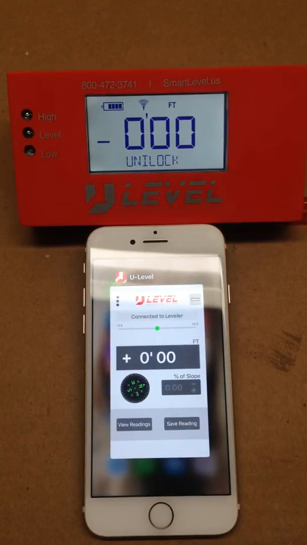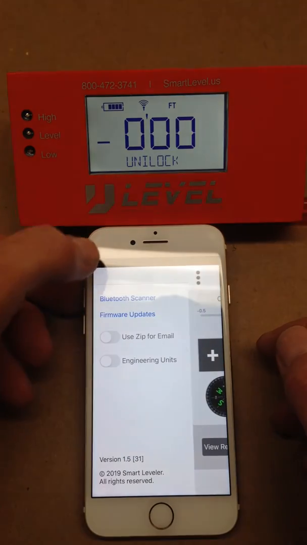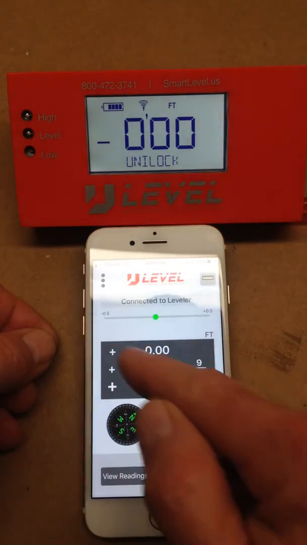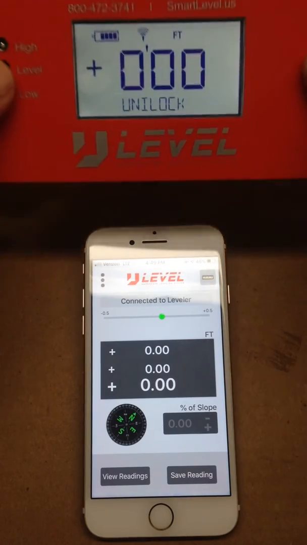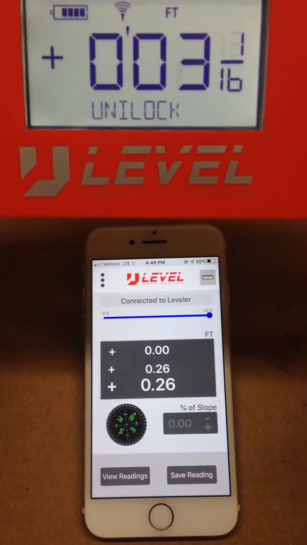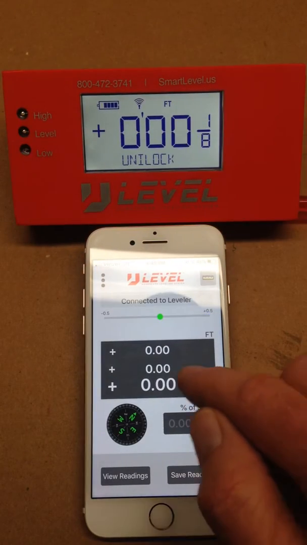U-level engineering scale. U-level will also figure your feet above sea level. The way we do that, we'll click on these little three dots here. You go into engineering units and you set up in engineering units. Now we're connected to the level. So what we're doing,